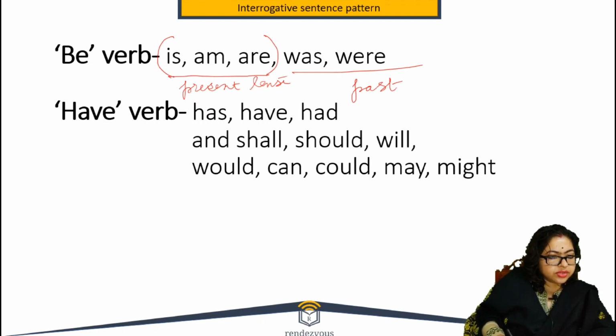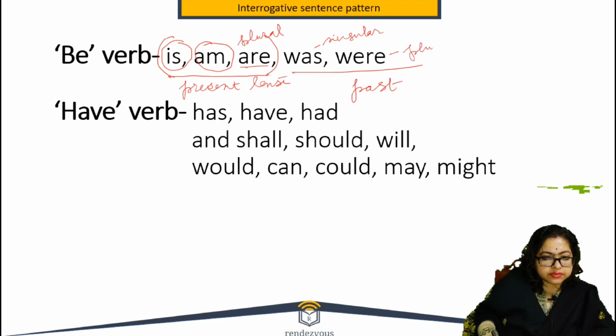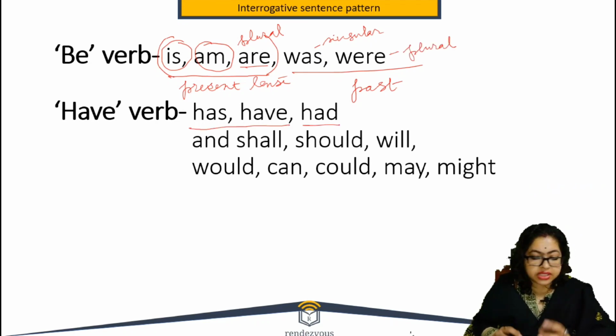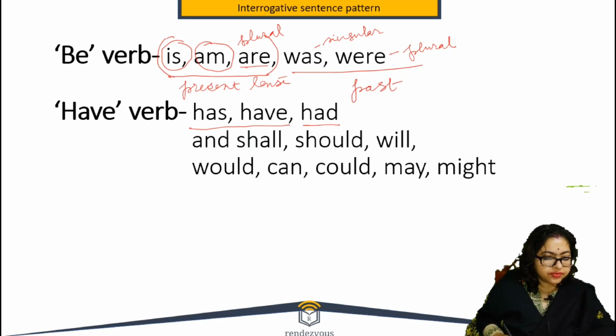Is is for singular, am is also for singular, and are is for plural, and was is for singular, and were for plural. If we have the have verb in the assertive form, has, have, and had in the past tense, has, have for the present,